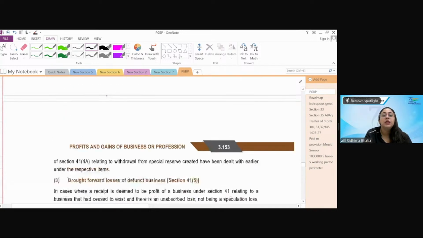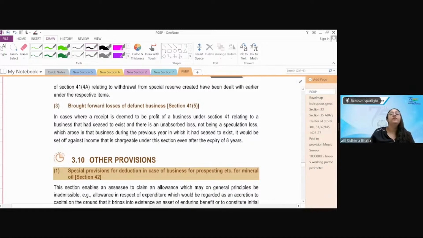No worries. Now there is a point where they have given a very sort of a benefit. I'm telling you these liabilities, these incomes or these receipts would be chargeable even if the business is closed. Still they would be charged as deemed income. So the government said that suppose your business is closed, still this would be charged as deemed income. Suppose when your business got closed at that time you had any unabsorbed loss, you can set it off from these deemed incomes which come under section 41